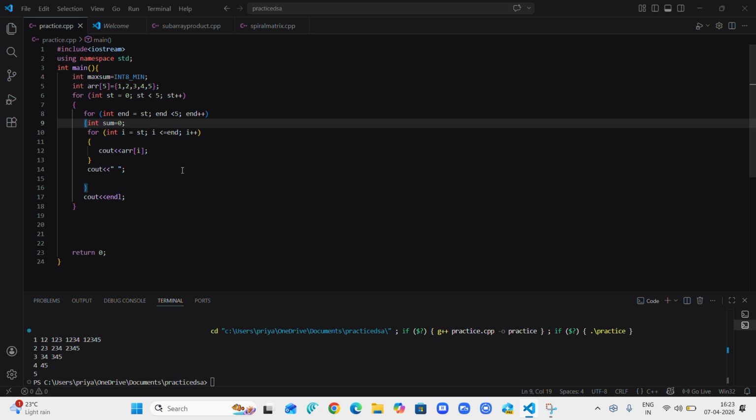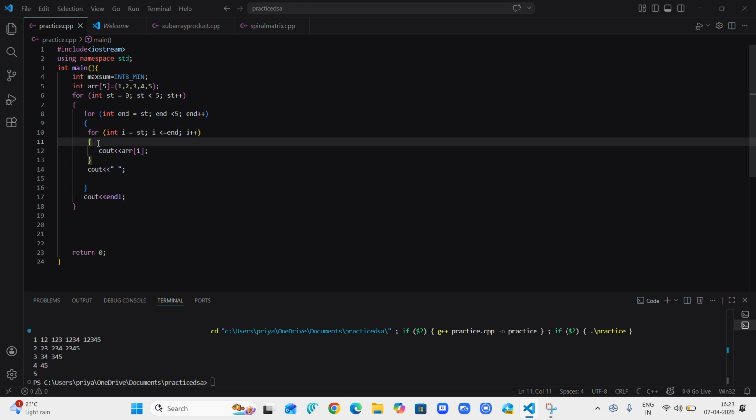But what I am thinking now is that int sum equals to 0 is going to be reinitialized over here, right? You have to take int sum equals to 0 over here. Okay,